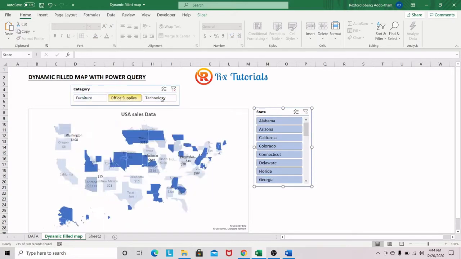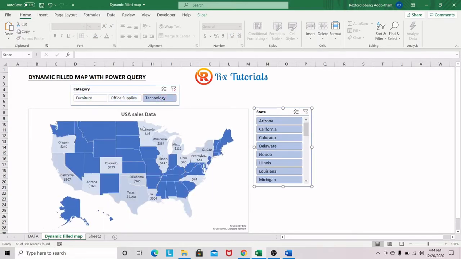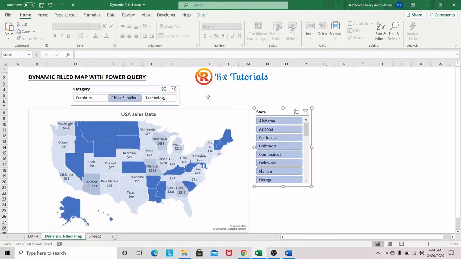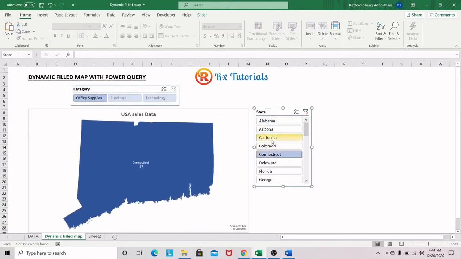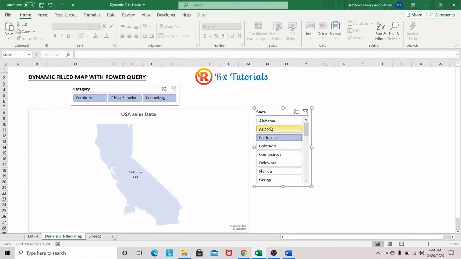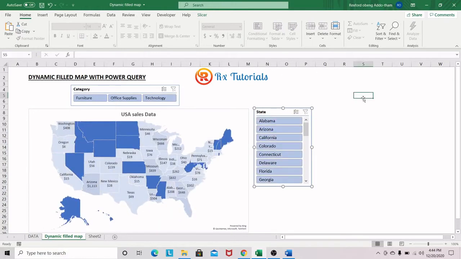So as you can see, we are filtering by category, and then with the state that we made, say we generated some sales revenue, we can visualize or see the sales revenue generated in these states, and also the label names or the state name. So we can filter by either the category or we can filter by the state. So you see that it dynamically changes to show the state that is being displayed. So let's start